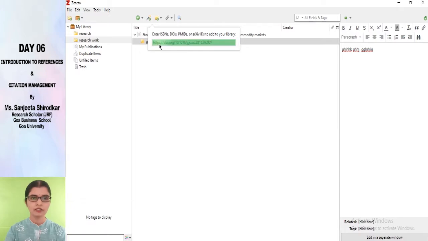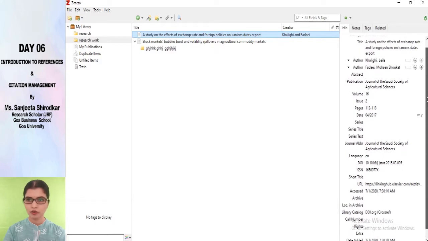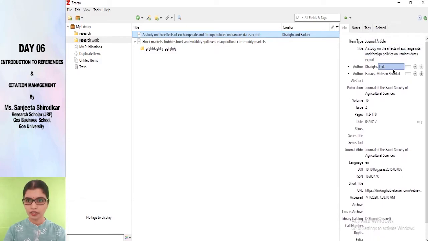Let us see if it could fetch the details. Yeah. Here you would see that the details of the article for which you entered a DOI have already been fetched by Zotero, wherein almost all the fields including the publication, the date, pages, DOI, URL, everything has been brought in by Zotero. Fine. So this is one of the ways.